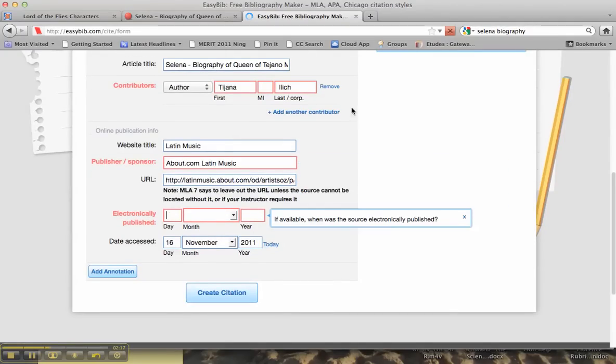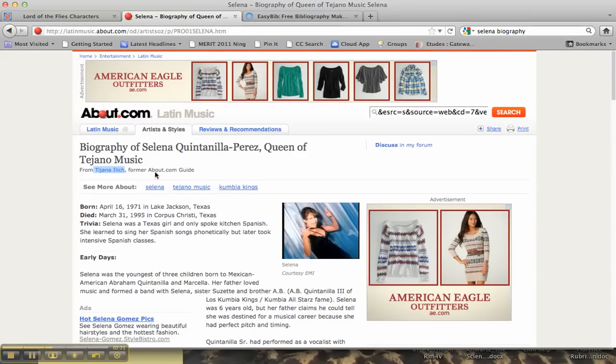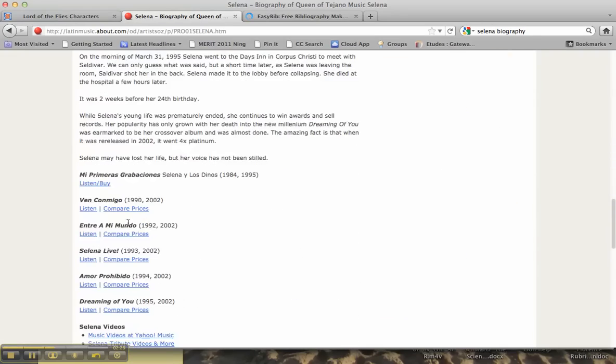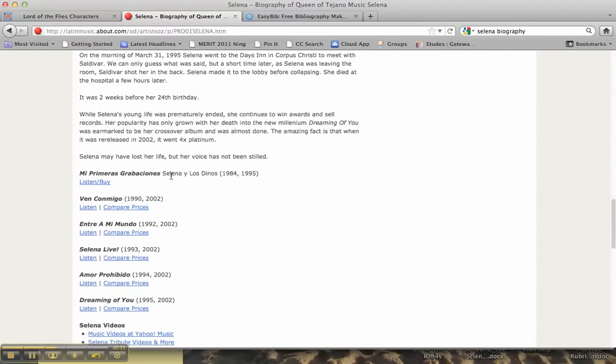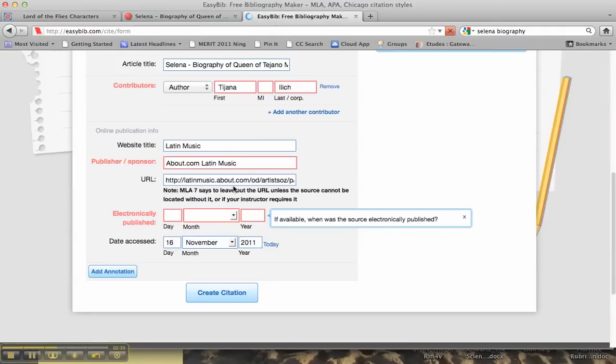and tells you, if available, when was the source electronically published. If you look at this website, we're looking for a date. And I don't see anywhere up here a date that it was published. Here's the date she was born, died, but not the date that this article was published. Maybe I'll look down here at the end. And I don't see any dates that this was published, so I'm going to have to leave that blank